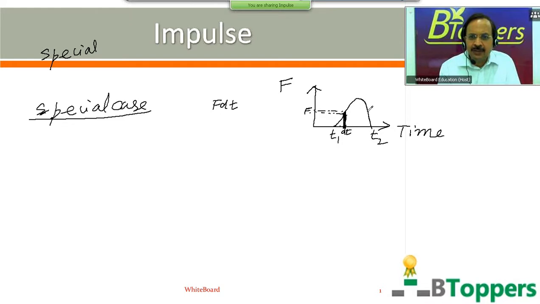That means we can imagine the total area between the curve and the time axis to be divided. I am not discussing the special case at present; we'll come back to it again. I am discussing the general calculation of impulse from a graph. So for an infinitesimally small interval of time dt, the magnitude of the impulsive force may be assumed to be constant. So the magnitude of the impulse given to the body for that infinitesimally small interval of time dt is F dt, which is almost equal to the area of the small rectangle.